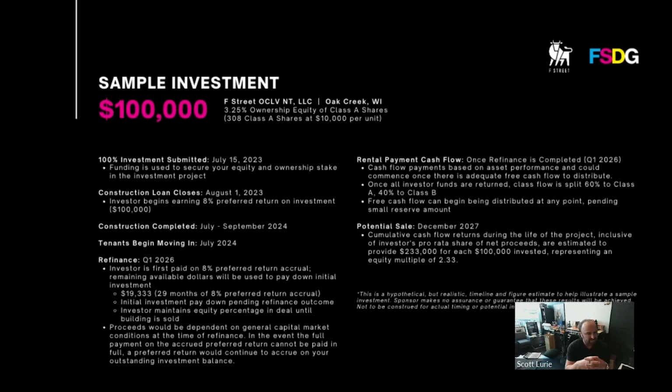That money gets paid first before any other monies get paid. Once that money's paid, then we will be paying down your principal balance. And after your principal balance is paid down, then you will own the remainder of your 3.25% per $100,000 investment for the duration of our ownership